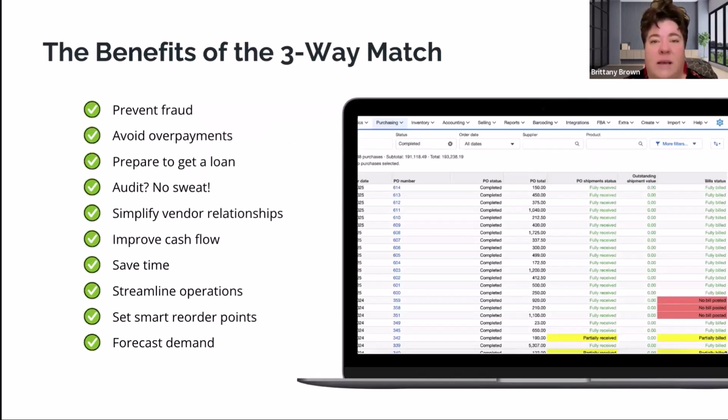This is a really critical example of a control. If this does not exist for you at all, it definitely hurts you from an audit perspective. It helps us simplify vendor relationships. I'm going to throw in here, it's not on this particular list, but when it comes to vendor relationships, it